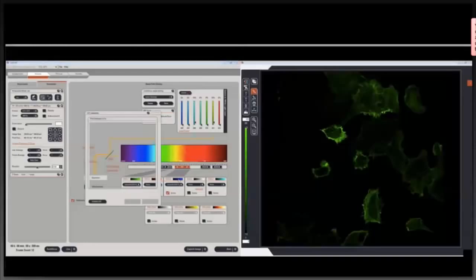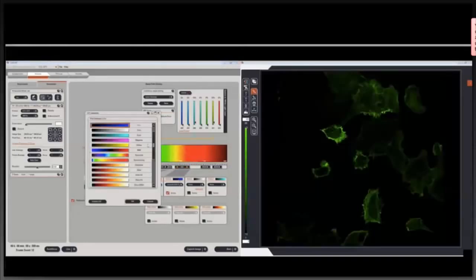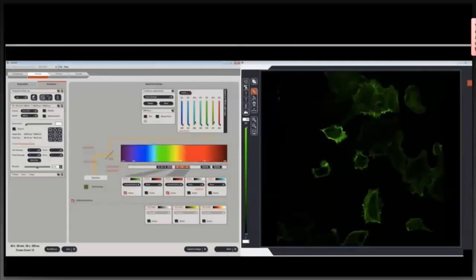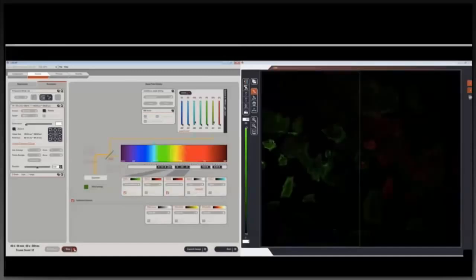One more thing I'm going to do is change the lookup table to red. It's a lot easier to see than blue. Okay, and finally, do you remember from last time, we do need some gain. Okay, so now if I go live,